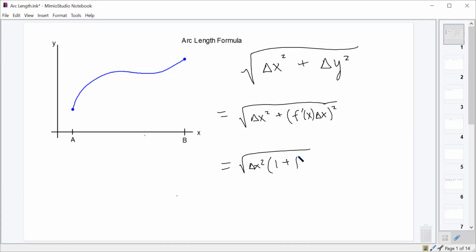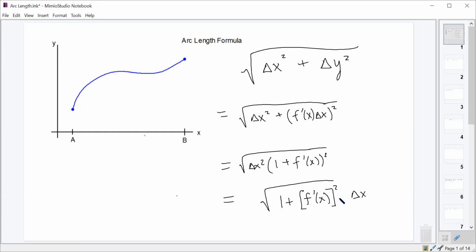And we'd have 1 plus f prime of x squared. And the delta x squared inside the square root could come out as a delta x. And what is the delta x when we're talking on very, very small scales? That change in x, we refer to that as a dx. And so we end up, I'm going to write this here as 1 plus f prime of x squared